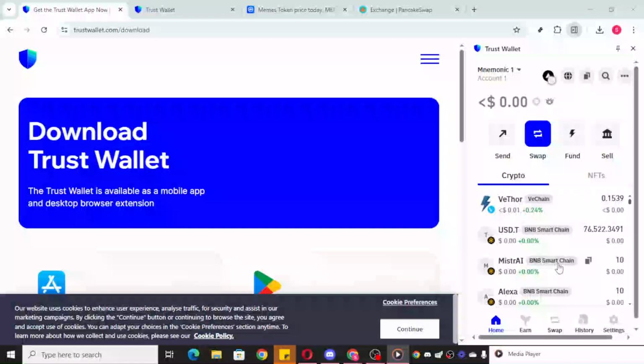In today's video, I'm going to teach you how to buy Memes token using Trust Wallet. To begin, you'll need to open your Trust Wallet app. Once you're inside, you'll notice a range of features, including the options to send, swap, fund, and sell your tokens. These are essential tools that allow you to manage and interact with the various cryptocurrencies you can hold within the Trust Wallet ecosystem. The first step on our journey to obtaining Memes token is to acquire some Binance Coin or